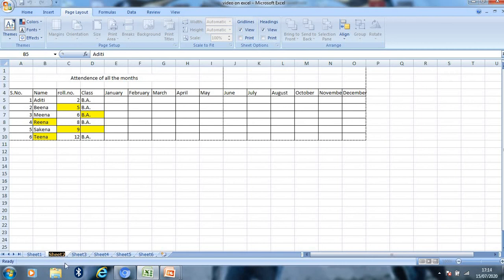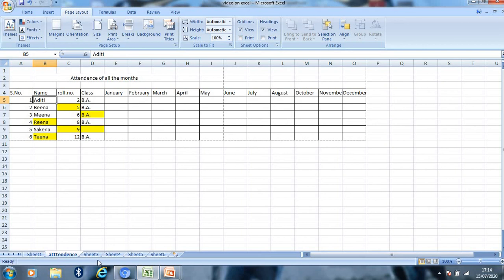Then type a name. So I am typing here attendance. And then press Enter. As you see, before this the name of this sheet was sheet 2. Now the name of this sheet is attendance. So you can name your multiple worksheets like this.